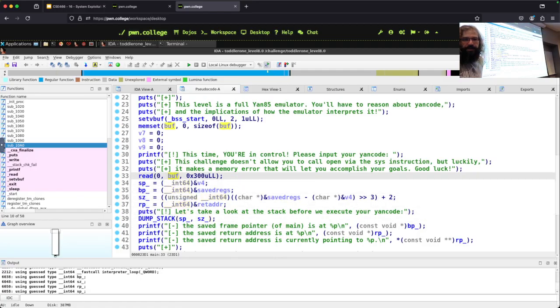We see here it's going to call read up to hex 300 bytes into this buffer. What's a question I may want to ask right now? Okay, is there a buffer overflow? I don't know if there is or isn't, but...